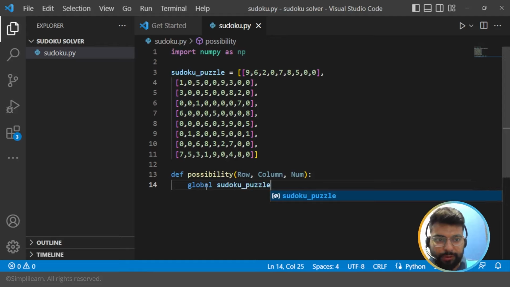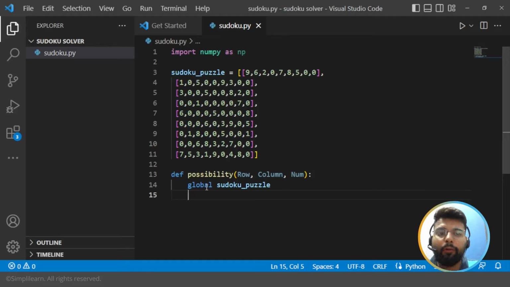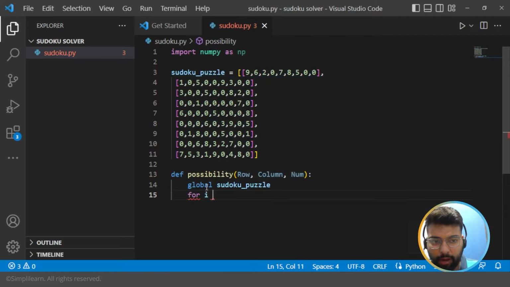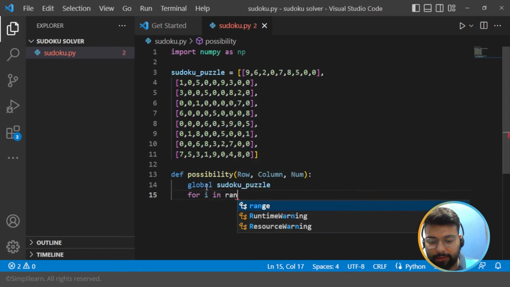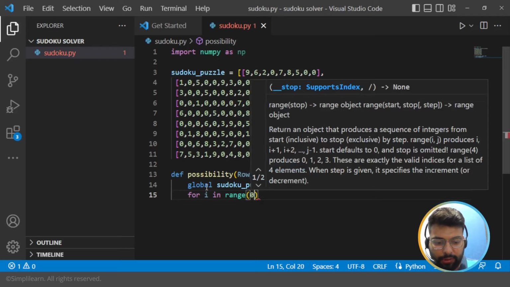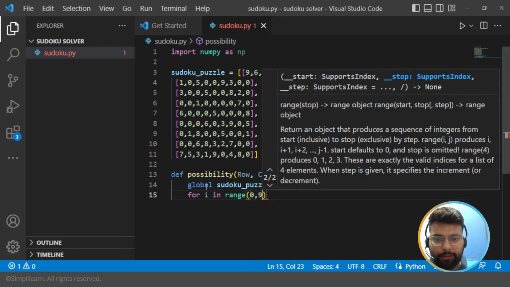Sudoku_puzzle, and now we will run a for loop to check if the number we are entering is appearing in the given row. If it appears, we will return false, and if it does not, we will return true. So we will run a loop, and for that we'll write for i in range, and the range would be from 0 to 9,